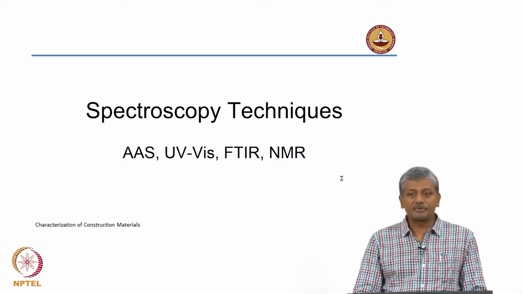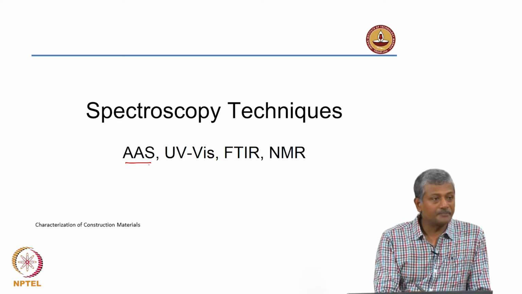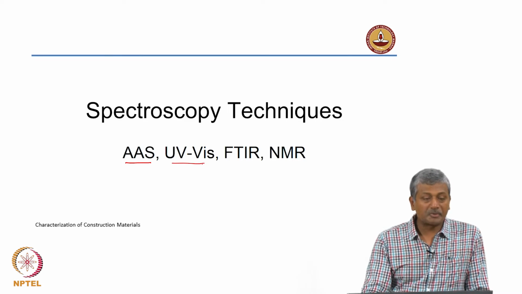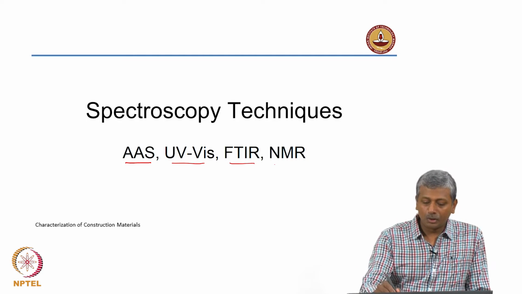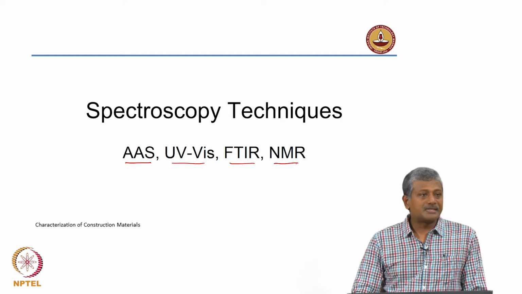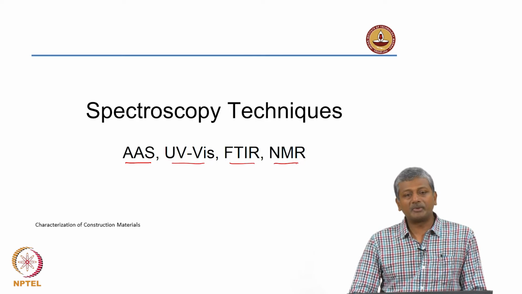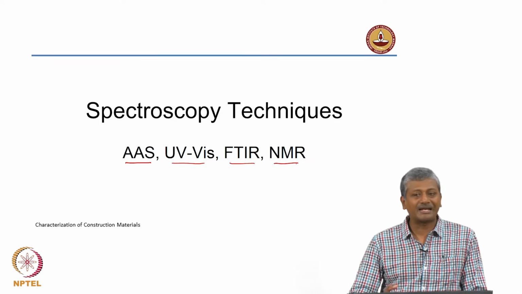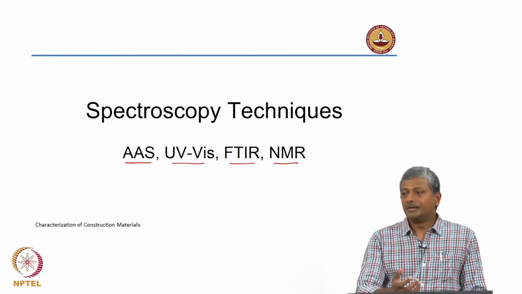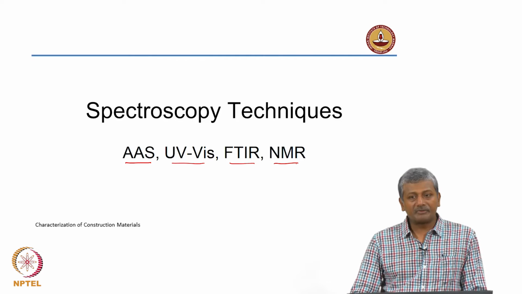But for the purpose of discussion in this chapter, we will talk about atomic absorption spectroscopy, UV visible light spectroscopy, Fourier transform infrared spectroscopy and nuclear magnetic resonance. These techniques are applied to a wide range of materials, and they are quite popularly applied in cementitious materials analysis also. Okay. So, we will look at the principles of these techniques and how we can actually make use of the information that we get from the absorption or scattering or transmission of the radiation from different types of species.